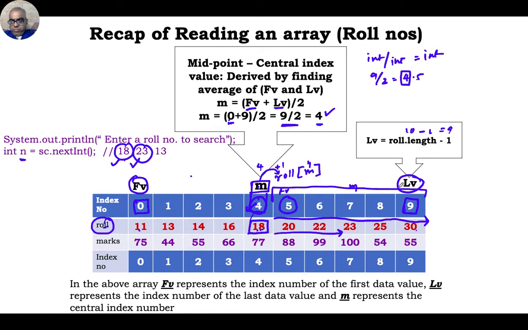So now movement has taken place on this side. Again, if you look at it, we find a central cell, M is now 7. Now row of 7, which is 23, is equal to my input value, data found, break, program over. Out of the 10 data, in the first round we found the first cell, in the second round we found the next cell and the data is found. So the program can be stopped in the second search only.